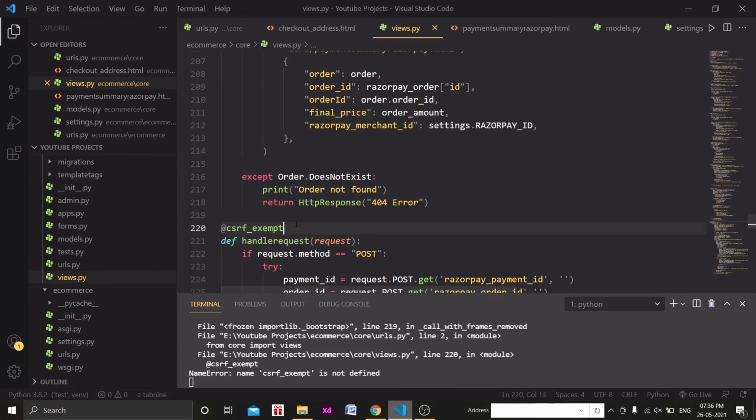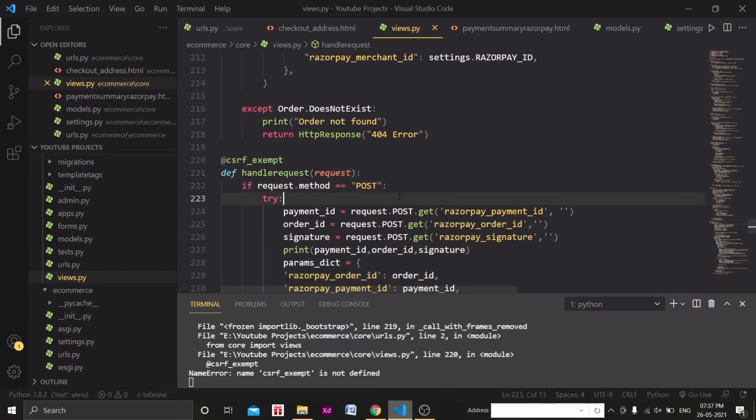Basically in the forms.py file we were writing that CSRF token. What it does is not allow someone to send data to your website or make a post request to your website. But what Razorpay does is the opposite of this. It sends post data to our website and we need to handle that data, right?